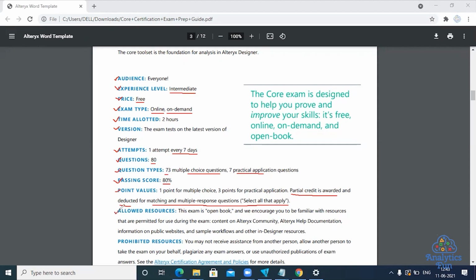Allowed resources. This exam is an open book examination, and Alteryx encourages people. It is written that we encourage you to be familiar with the resources that are permitted for use during the examination, that are content on the Alteryx community, Alteryx help documentation, information on public websites, blogs, the one which we have like Analytics Fun website, and sample workflows and others in designer course resources.